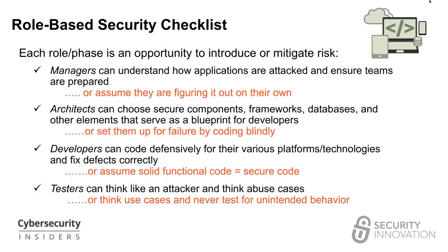Okay. So here's just a quick checklist. Again, just choosing 4 main roles in a software development team. Could be a team lead, a product manager, and then I chose architects, developers, and testers. Each one of these folks has a job to do. Testers think of test cases and use cases, and developers think about building functional code. Well, it's a very simple overlay to add